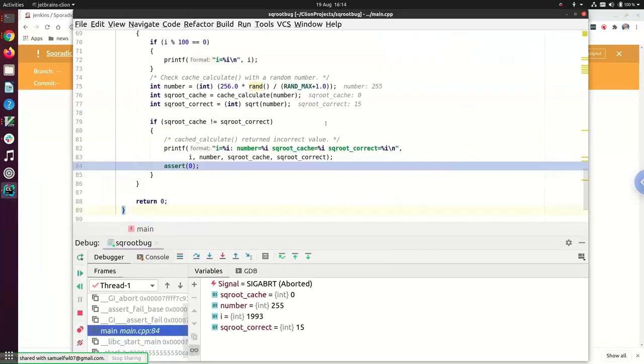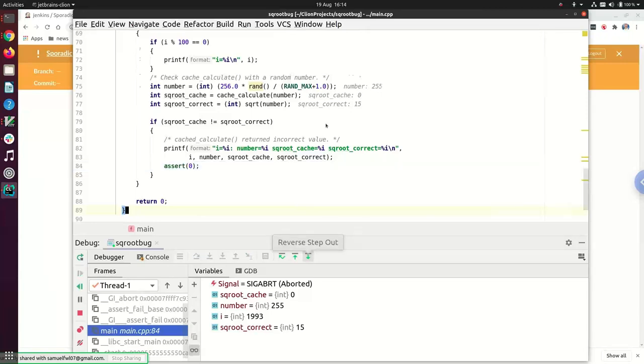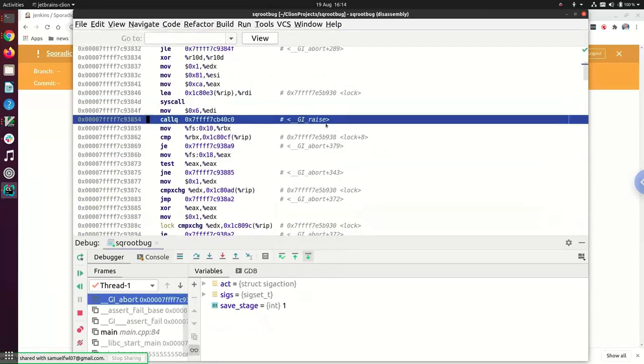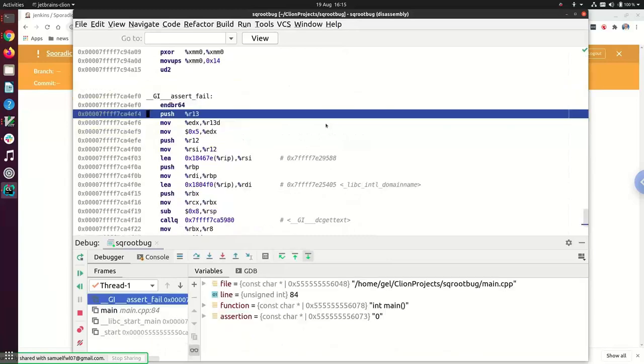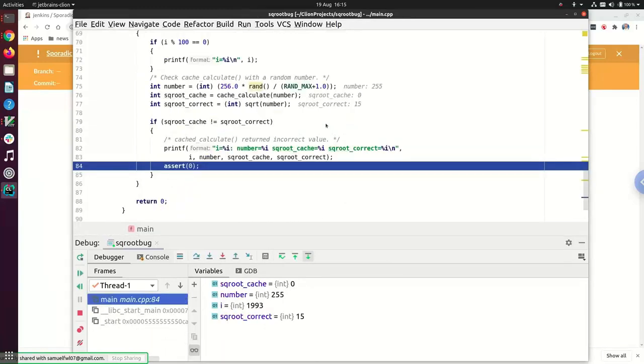At the moment, this is kind of like looking at a core file, if you're familiar with that. And here is my backtrace. I've stopped at frame 0, but if I look a bit closer, I can see that it's actually inside the machine code of the C library. It's just the C library that was running on the test system, which doesn't have any debug information with it. That's fine. It's captured everything down to the instruction level, and I can reverse step out, which is kind of an uncall button, if you like. Go back to the call site, keep going back, and now I get to my code where I do have some debug information, so we can start to debug this symbolically.